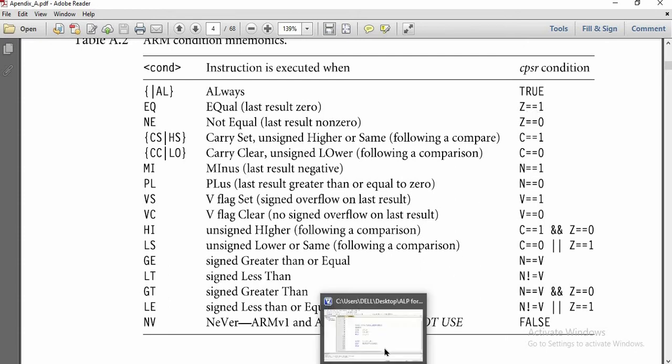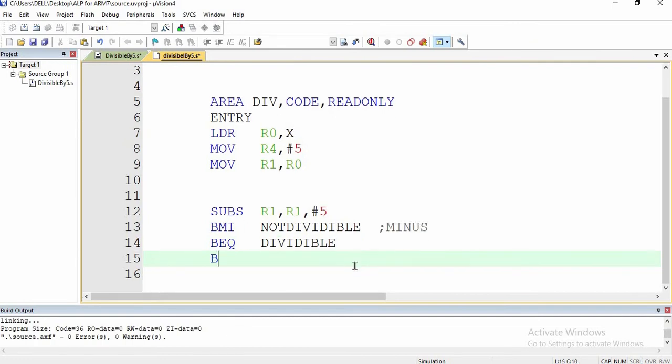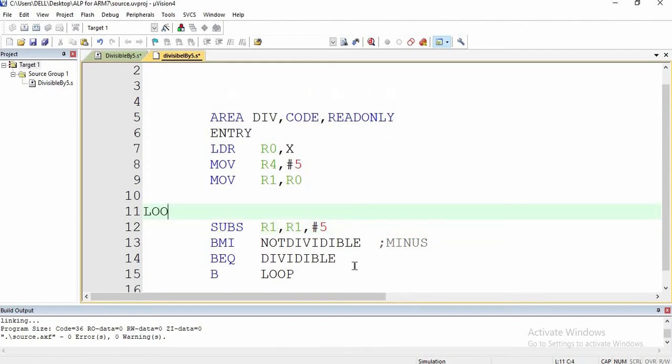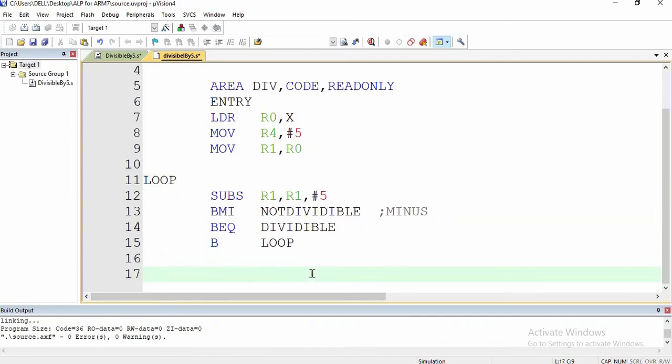So we have used that one. Here I am going to write divisible, and this will be in a loop, and I will write loop over here, loop.